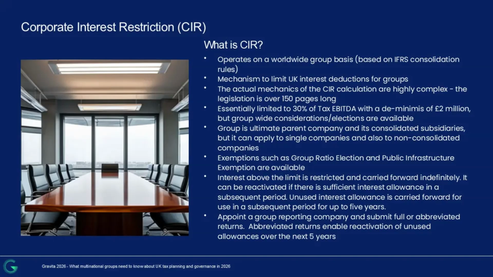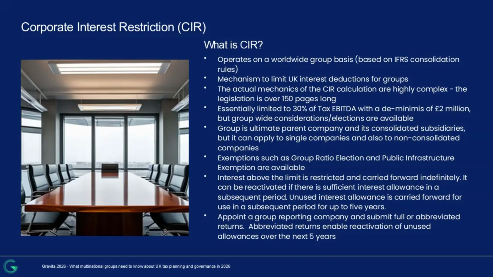It's worth noting that it can apply to single companies, even if it's not a group. It's a bit of a misnomer. So if you've got a large single entity, you may still suffer. And there are also some other rules which apply to essentially staple entities together, where they may not appear consolidated under the IFRS rules, but there's some anti-avoidance rules in place to stop you fragmenting your groups to limit your corporate interest